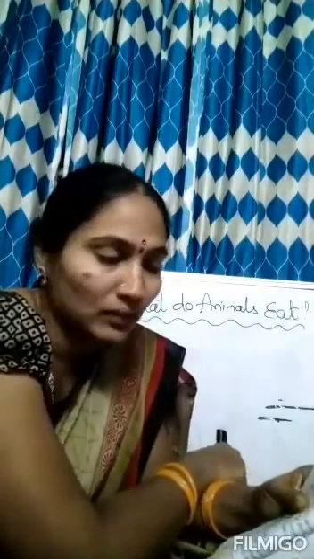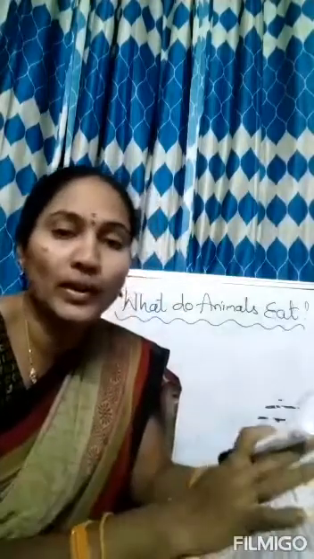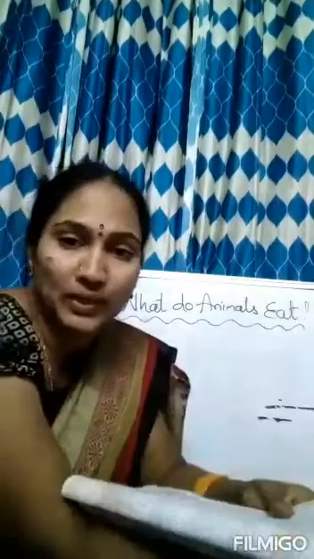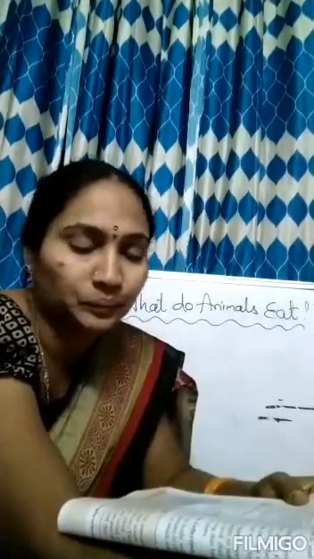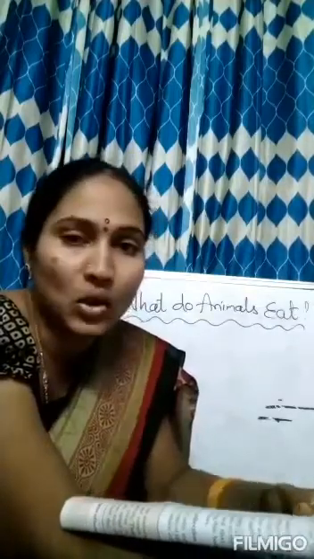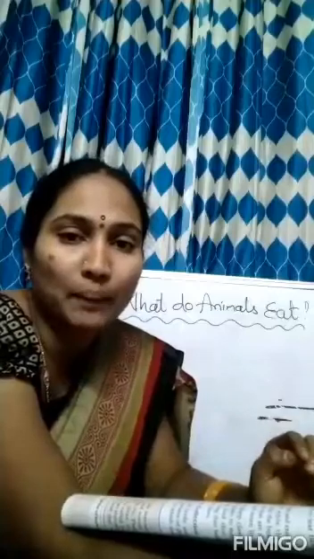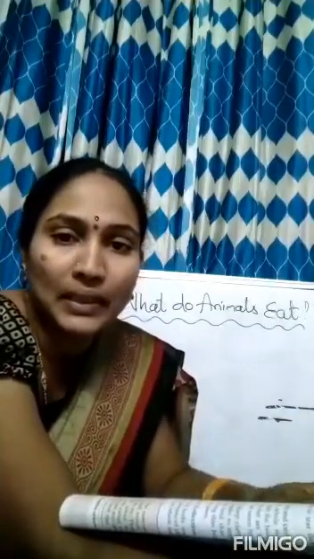By looking at figure number 4, you have to read these questions. The reason for the beaks of different birds being different is to make it easy to recognize them. So why are all the birds not having the same types of beaks? They have different types of beaks. Why? To recognize them easily? No. So you have to write there no, false statement. There is no reason for differences, it just happens. No, false. The beaks are different because the birds eat different kinds of food. So according to their food habit, the beak is designed.